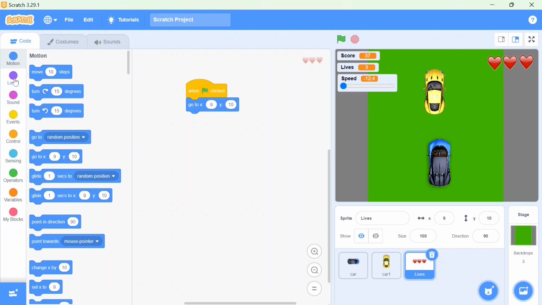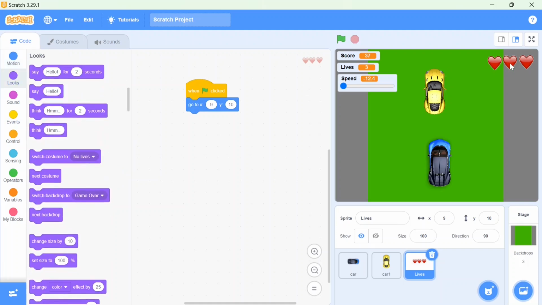Now I'm going to set the look also so the sprite should not change. For that I'm going to choose switch costume, and this one I will choose 3 lives. Now the next thing I want, whenever the blue car touches the yellow car, some kind of broadcast message should pop up. For that I'm going to create the broadcast message that is affected.